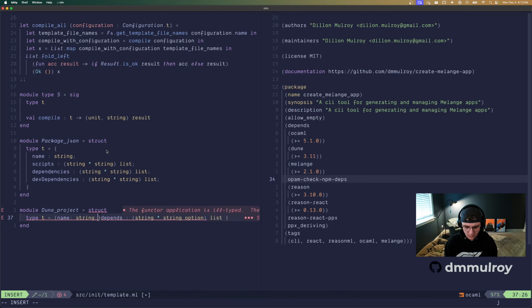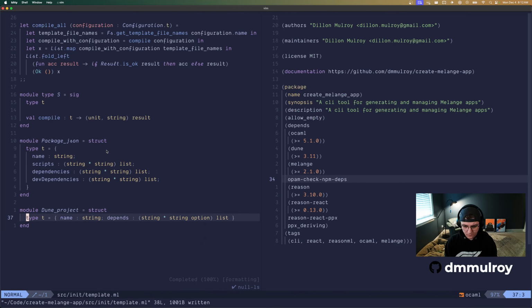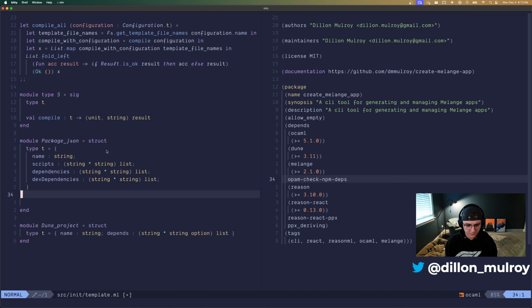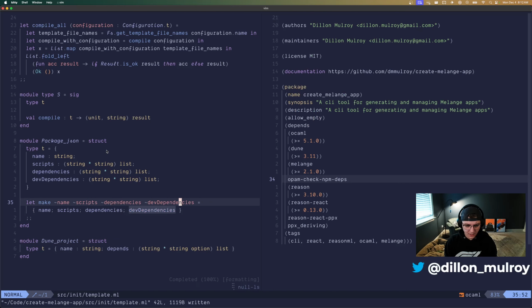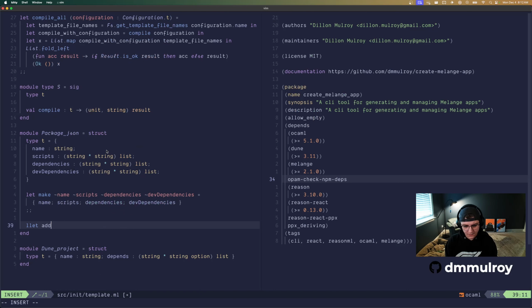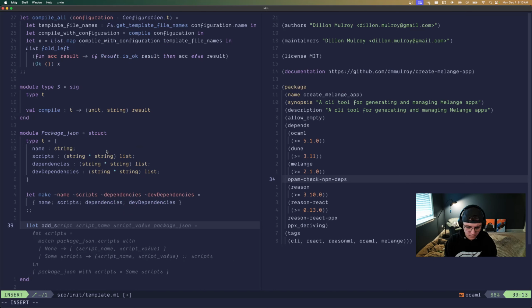What do we do wrong here? So that's good there. Let's just say we have a let set name. Let's say make. Let's just let make, and we'll get name, scripts, dev dependencies, and let's say let add script. Add script, and it'll just be a